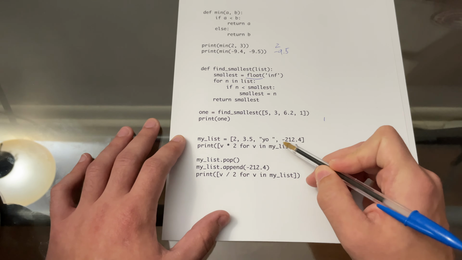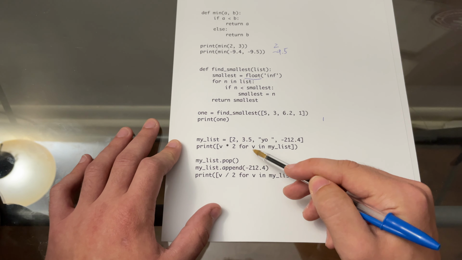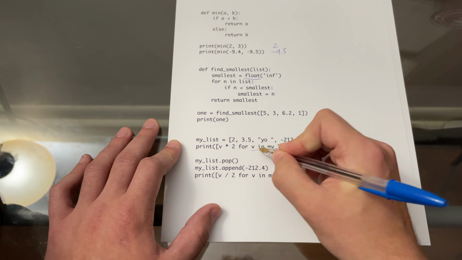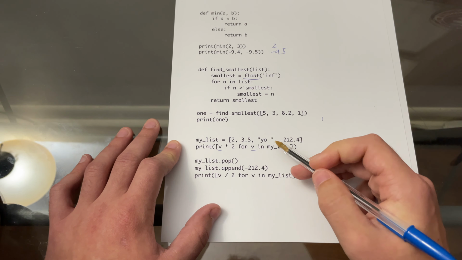Now I print this operation. Now this operation says, for v in myList, so we're looking at v specifically, which is creating a variable, we're going to say v times 2 for every item. So we're going to multiply every single item in myList when we print it. So the result is going to be printing